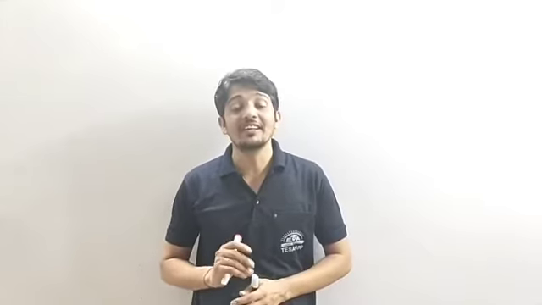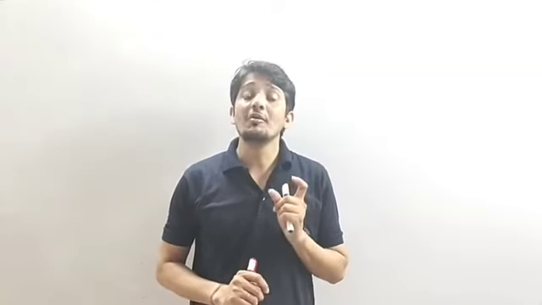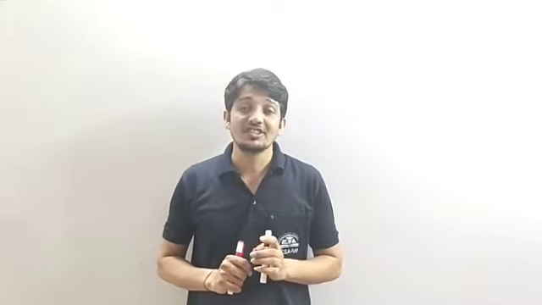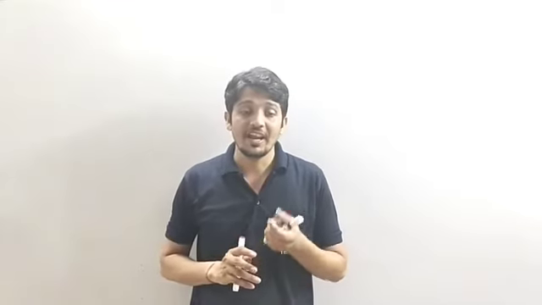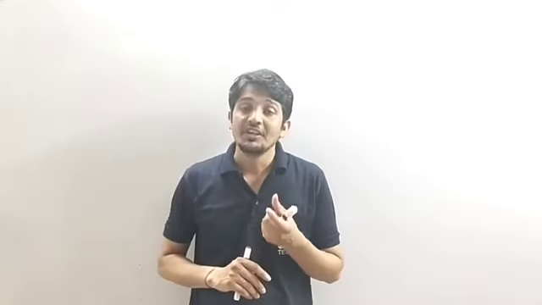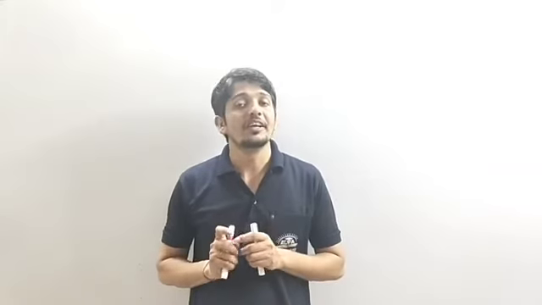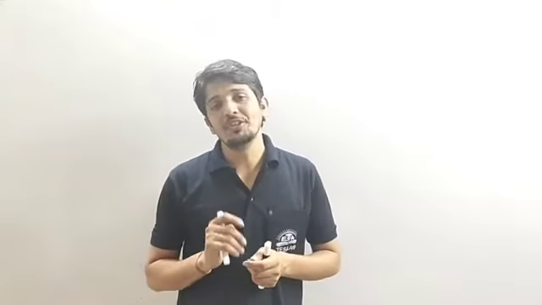Today we are going to start the new chapter of your syllabus called Chemical Reaction and Equation. It is a really important chapter because in it you will learn about chemical reactions, how they proceed, what the conditions are for a forward chemical reaction, and how to write the equations of chemical reactions. That means the representation of a chemical reaction in the form of an equation, which we will learn in this chapter. So first we have to understand the basics of this chapter.